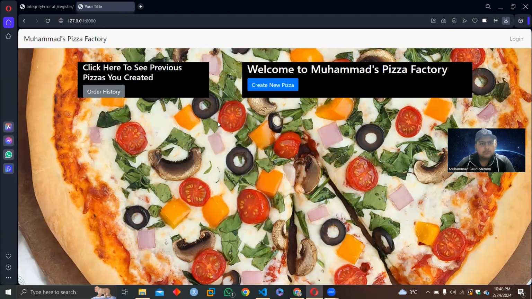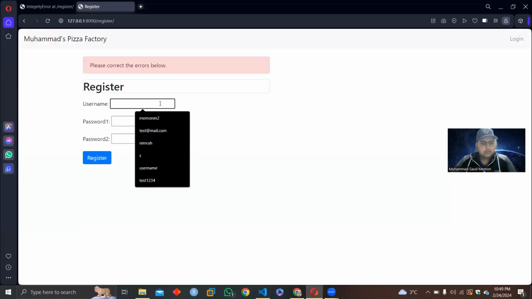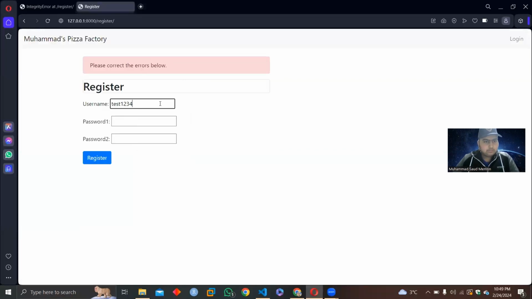As you can see, when the user goes to my website, they can see the login button on the navbar, and they can go there. If they're not registered before, they can register here. We can register one name now, like test12345, and we can write the